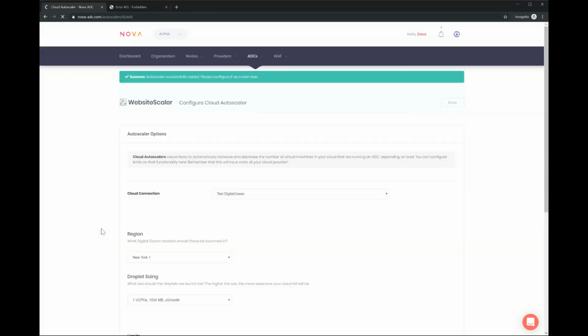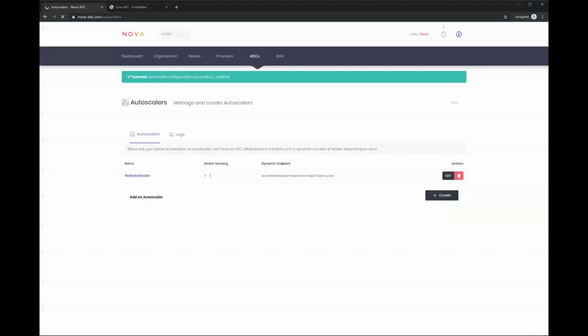What this is going to do is automatically provision an autoscaler for us. So you can see here, we see that it's adjusting, right? So it's currently booting up or shutting down instances. It can take up to 3 minutes at most, depending on your cloud speeds. So as we saw earlier, DigitalOcean is running at about 60 seconds, I think it was probably. So we'll have those servers available.